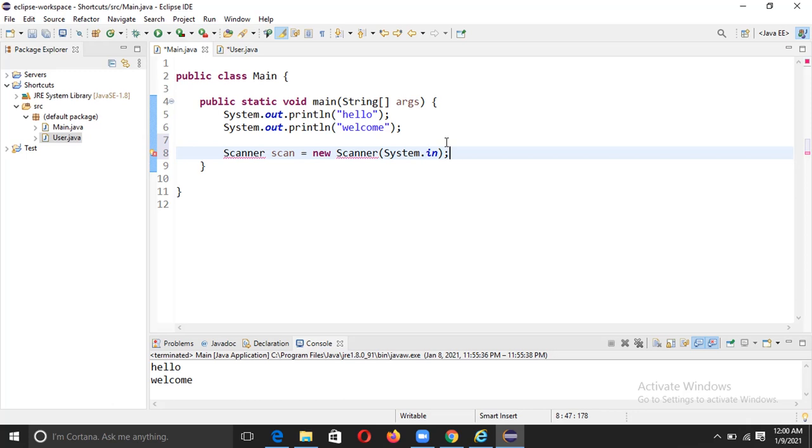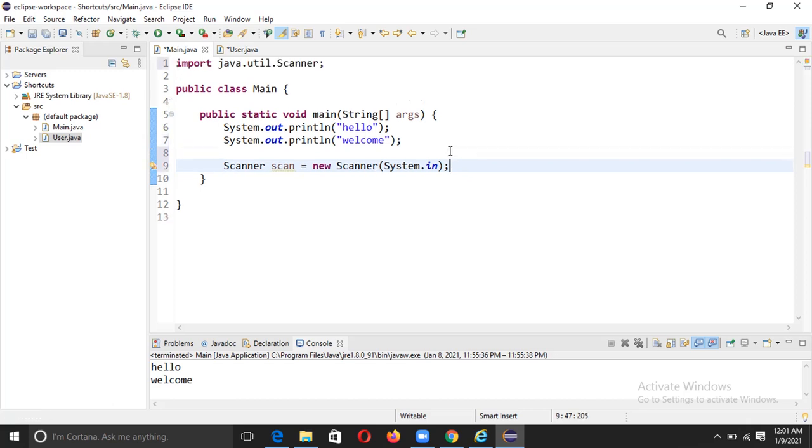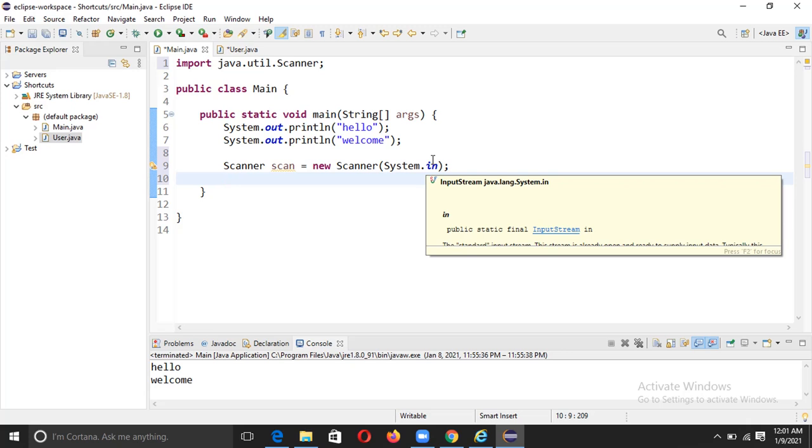To import the statements automatically using a shortcut, you can just simply press Ctrl Shift O. The import statements will be added automatically by the Eclipse IDE. You don't need to remember the import statements and type them manually in your class. You can just use Ctrl Shift O, and the Eclipse IDE will import statements automatically. So this is one shortcut you can just use.